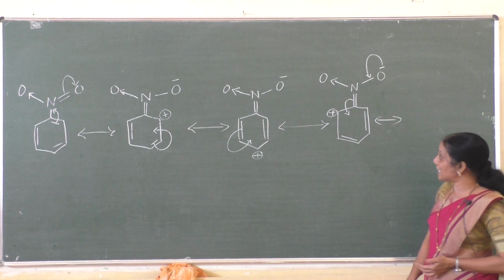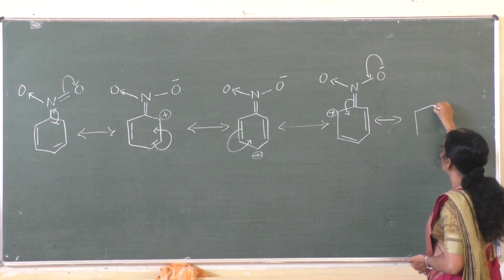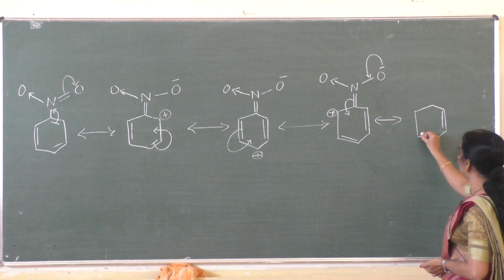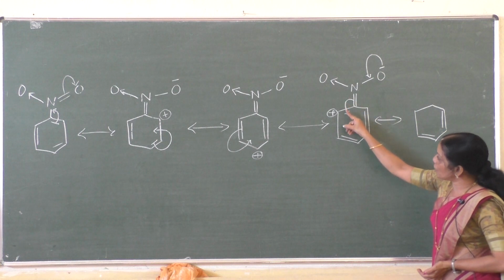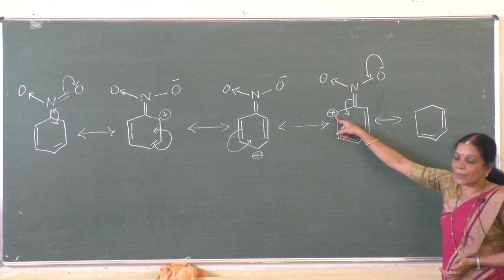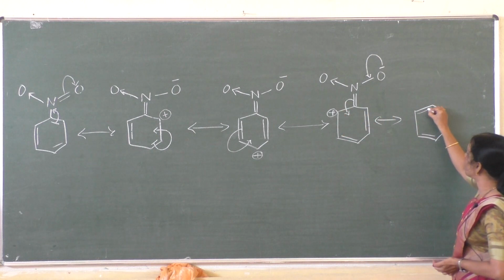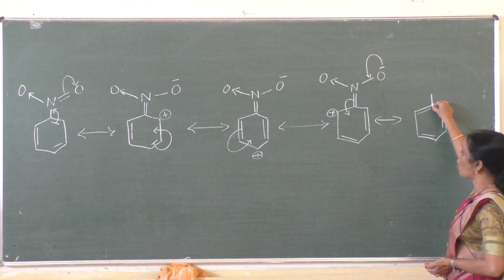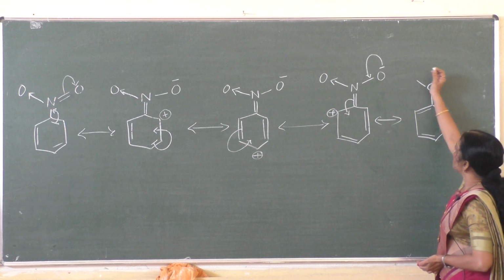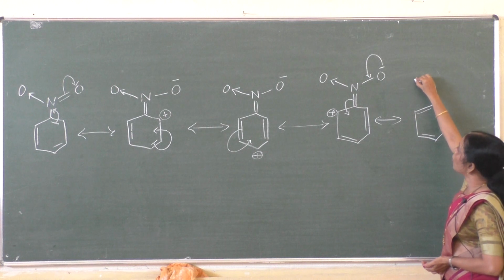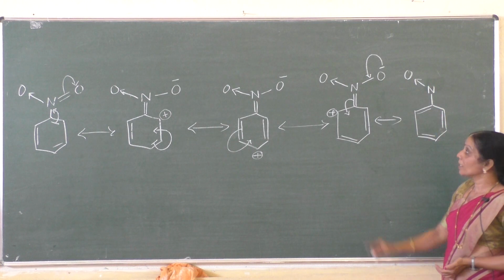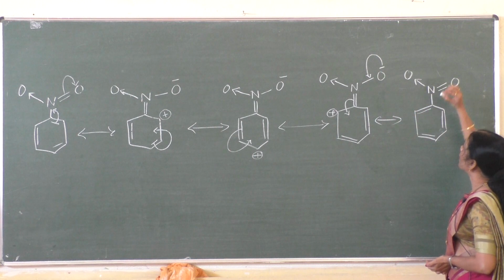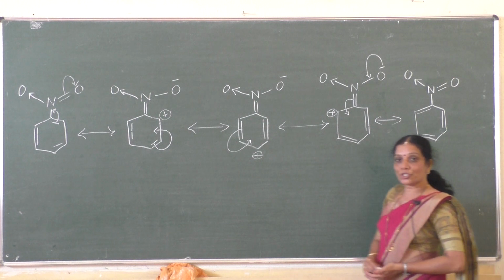Followed, now, students? I'll write the last resonance structure. Observe this properly. I'll start writing the bond from here. Double bond, and again here it is a double bond. A new bond is formed here to satisfy the valency of this carbon atom. Shift of electrons means a double bond is formed here. The double bond between the carbon and nitrogen becomes a single bond. Single bond with the nitrogen, coordinate bond with the oxygen. Now again, the single bond between the nitrogen and oxygen becomes what now? Double bond, O. Understood, students?